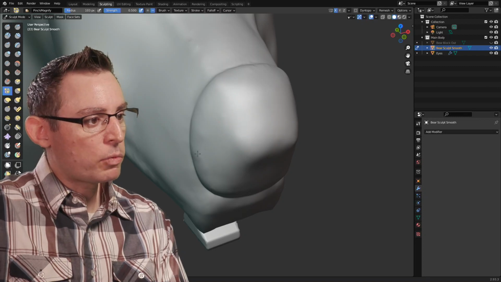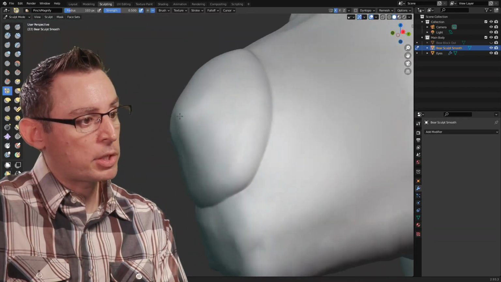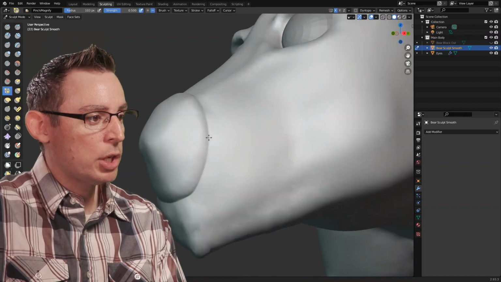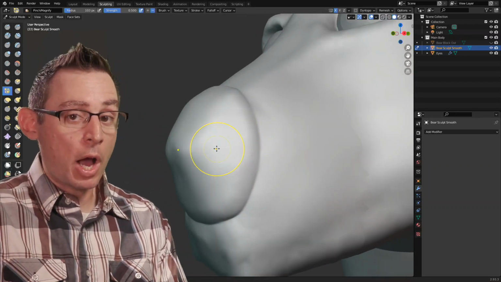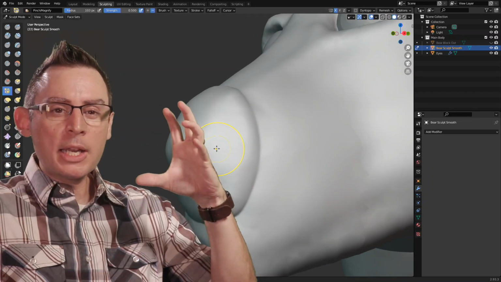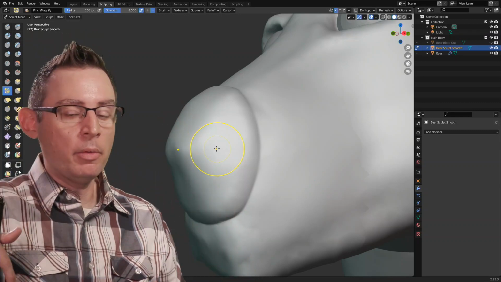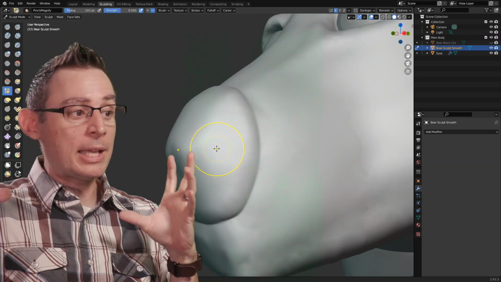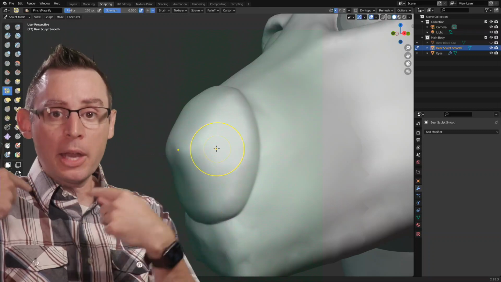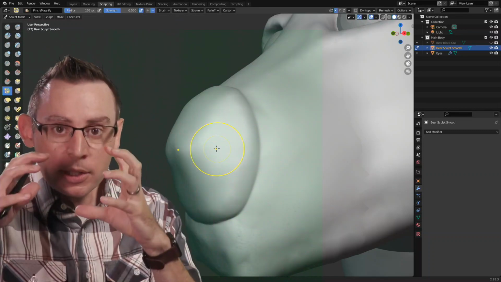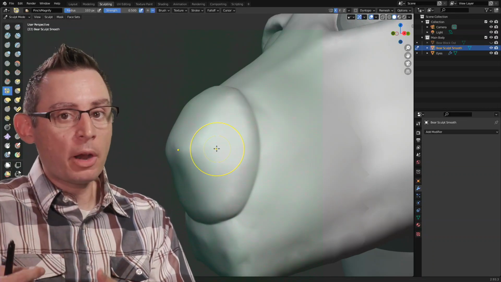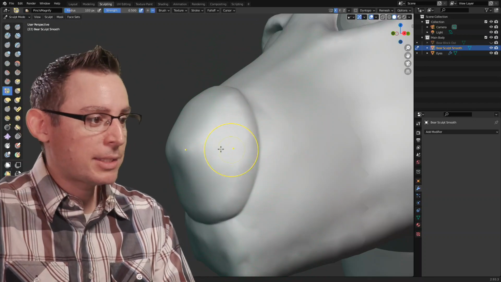Now that we have the basic overall structure of the nose established, its general location on the mesh, let's start figuring out where we want those nostrils to go. So we're kind of taking a step into detail now. We've gone from the macro view by designing and defining the outside of the nose, and now we're going one step in on the detail. We're trying to figure out where the nostrils are going to go. So that's the next big thing.